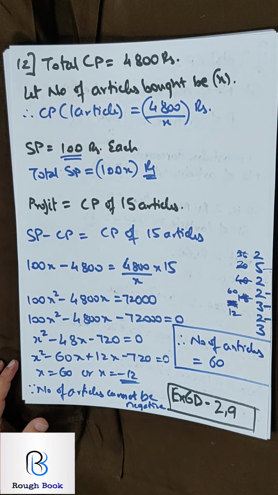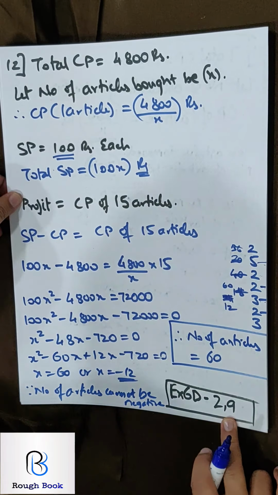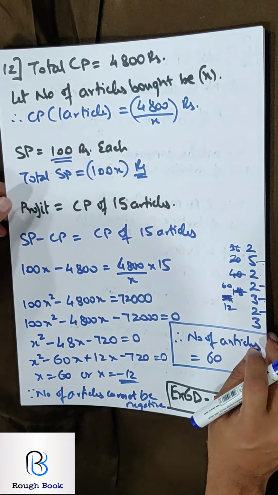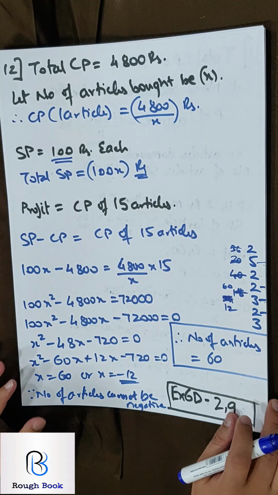Did we manage to get this? For your homework, I'm just giving you exercise 60, sum number 2 and 9. That's it and nothing else. The rest of the sums I have done it in the video itself. So I have taken the pains of doing all the tough sums for you. So it becomes very simple.